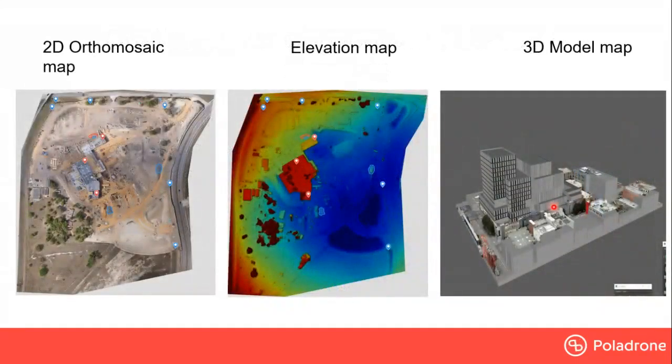So for survey and mapping, there are mainly three results that you can get from the drones. Number one is the most basic one, like I mentioned just now, called the 2D orthomosaic map. It's basically a 2D map for you to see, and then you can go into an elevation map or also a 3D map. You can create different results from here. And then of course, you can also do 3D map models to see overall detail.